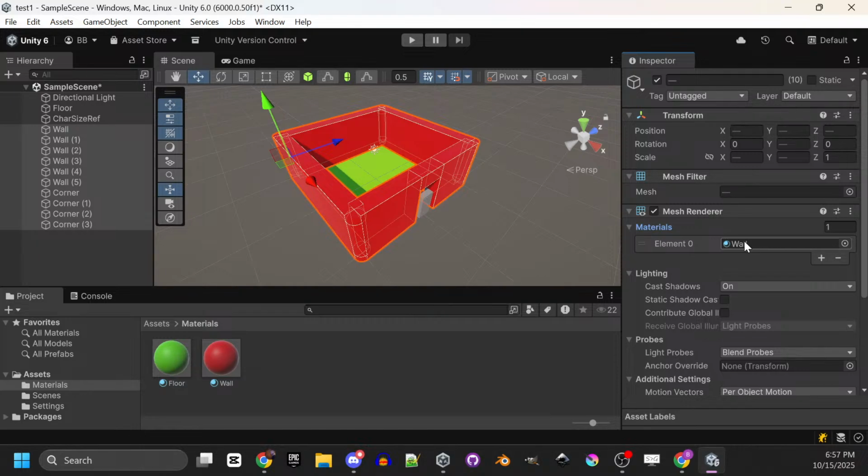Now your char size ref is in there actually. Here's a trick. Hold down Control and click char size ref. So now the only thing you have selected are the things you want. You can already see your material. Drag that into here. There you go. All right, so now we have a wall material